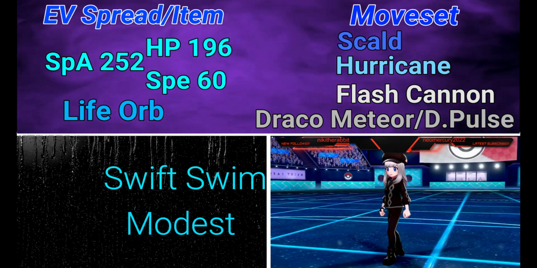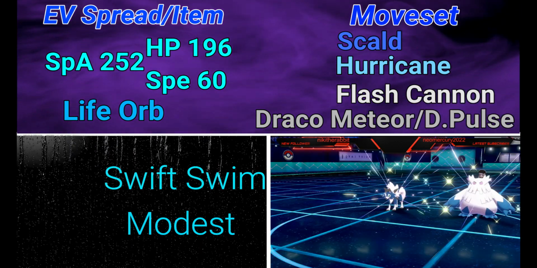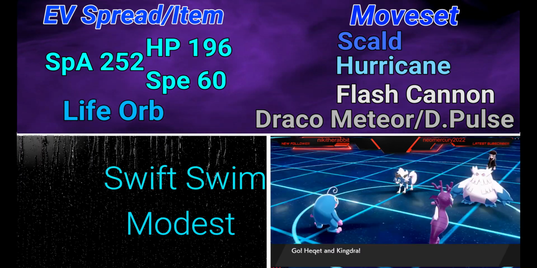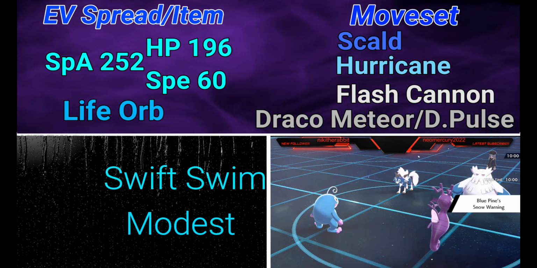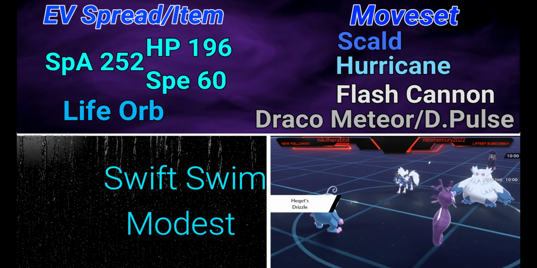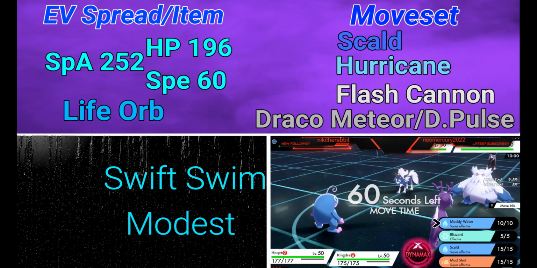So we're going to go ahead and look at the EV spread here. This is going to be 252 into special attack, so we're going to be focusing on the special attack side here, with 196 into HP and 60 into speed. So we're going to boost the speed stat a little bit, but the reason we're not going to focus on it is because we are using Swift Swim, so we're already going to double our speed stat. So unless there's something else on the field that also doubles in the rain, then we're going to be first no matter what. So this is great, and then we're going to throw a Life Orb on this to increase